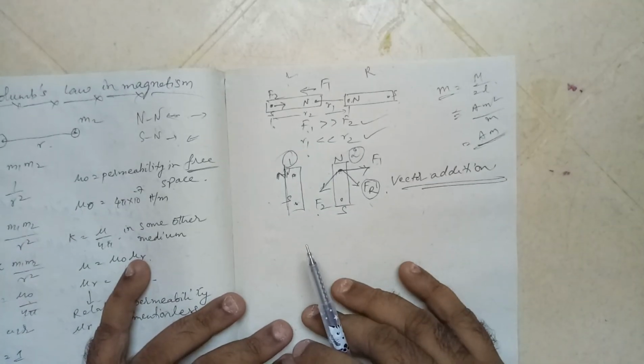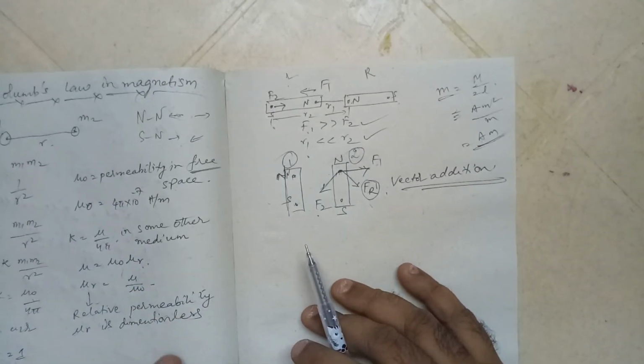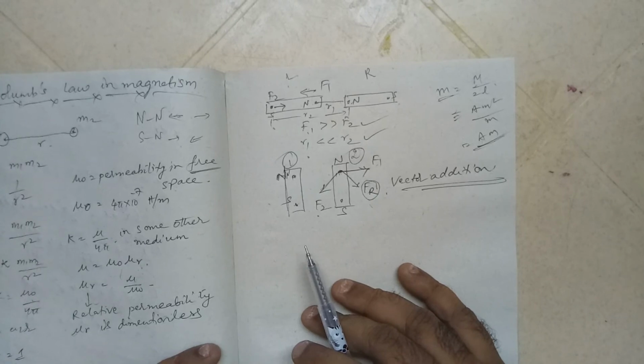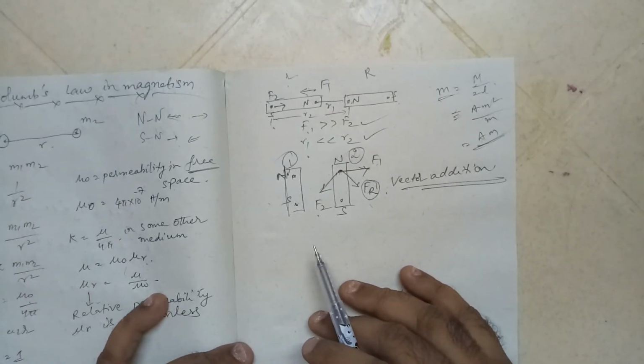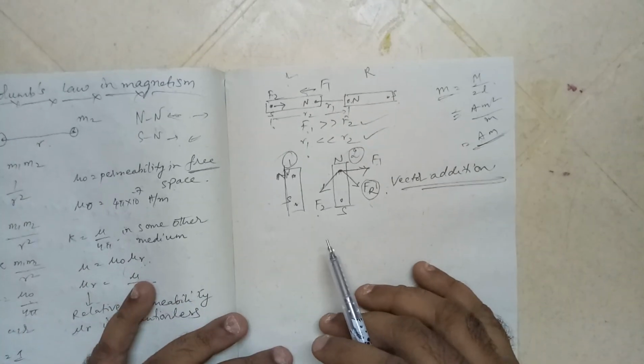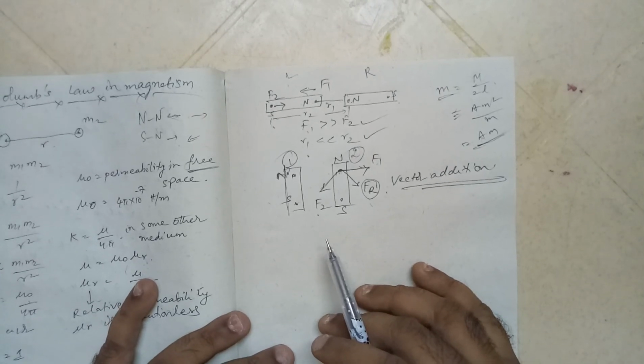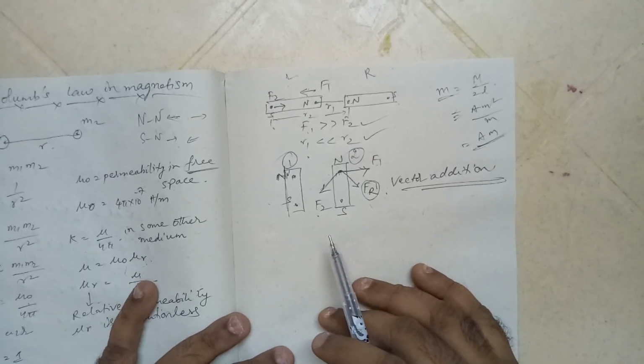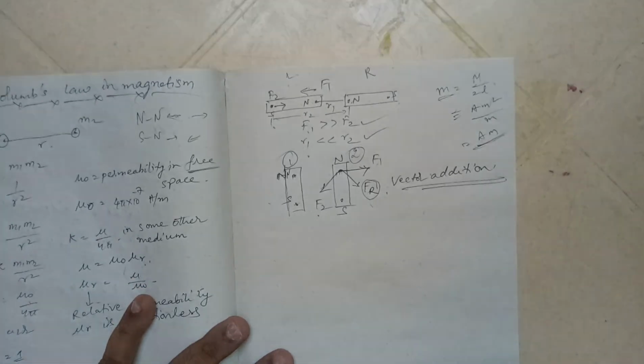We talk about magnetic forces when the distance is not very high. You should have some comparable distance. You just cannot put magnets at very large distances, because then this magnetic force doesn't exist at all. So only for comparable distances do we talk about Coulomb's force, otherwise it doesn't play a major role.